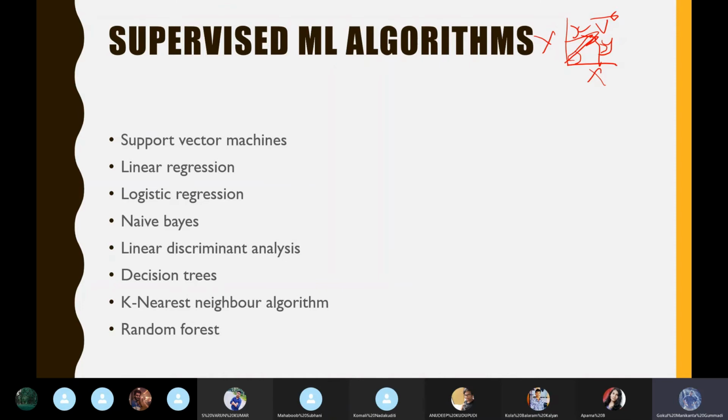For suppose if I have 3 independent variables, then it will have a 3-dimensional vector machine. If I give 4 independent variables, it will have 4 dimensions. Similarly, for n input variables, it will create that many dimensions. We cannot even visualize such stuff in real life, but it is purely mathematical. All this helps to create a model, and this model you can go on and test. So that is how support vector machine works.